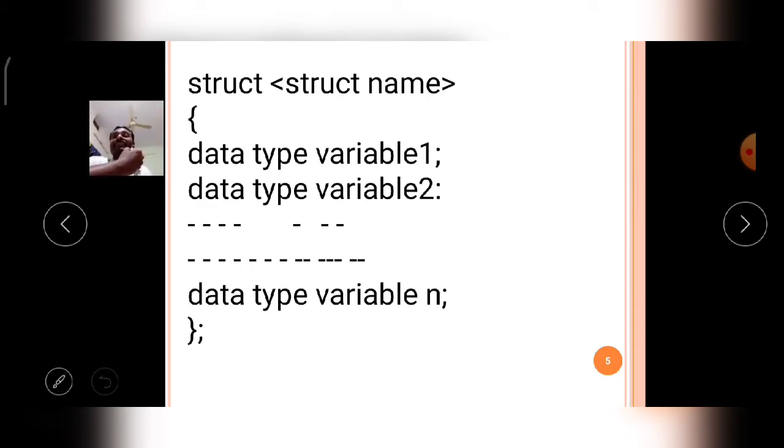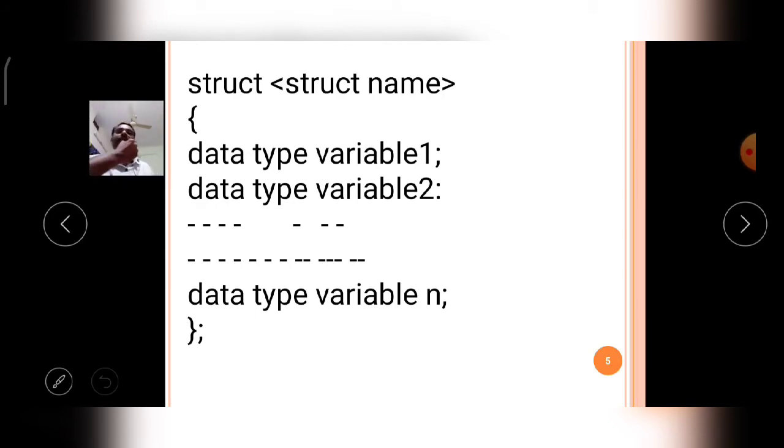Just like that, the data types which are created, which are combined by the programmer or user according to the program requirement, that type of data types are called user defined data types.